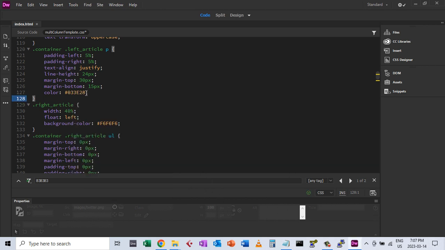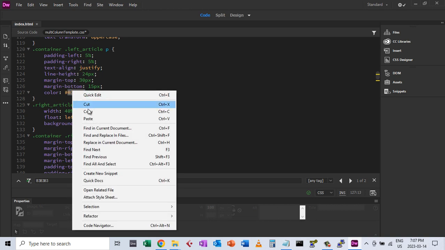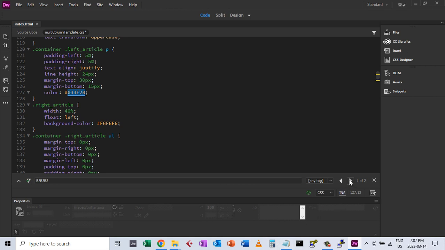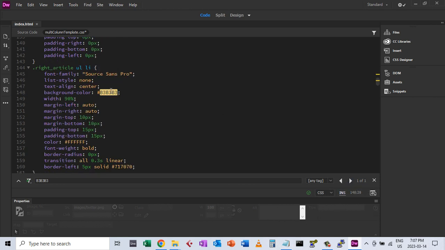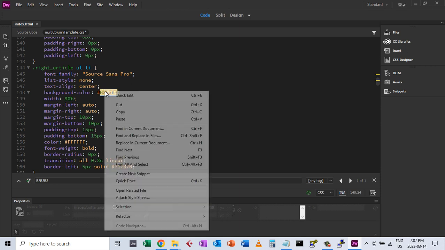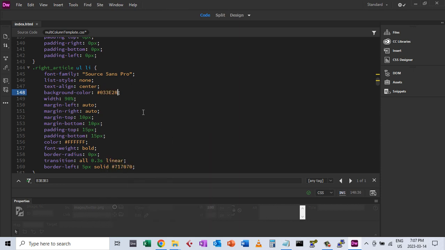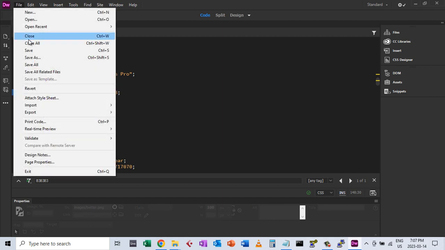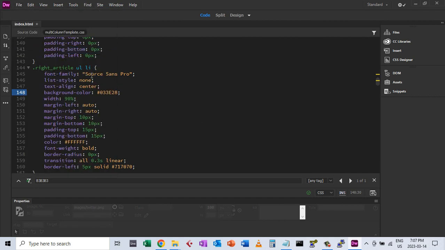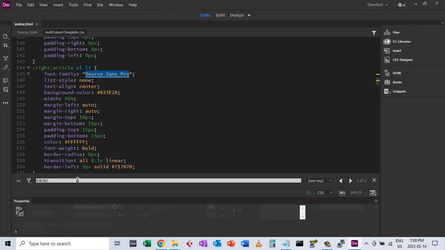And then I'll copy that and find the next version of that. There we go. And save it. Now we can also do the same thing with our font face. Presently we're using Source Sans Pro, but if I just quickly select that, Control C, and then paste it into my Control F,